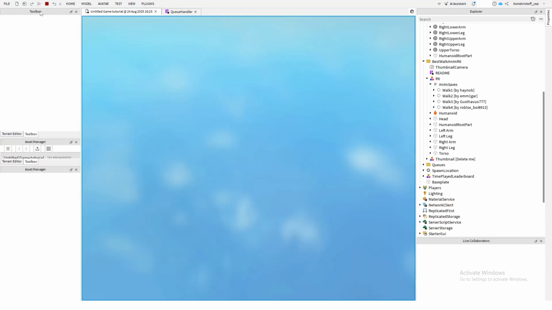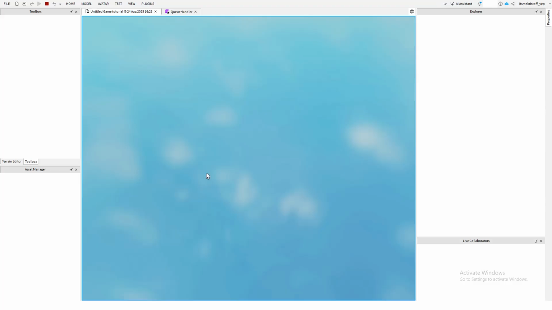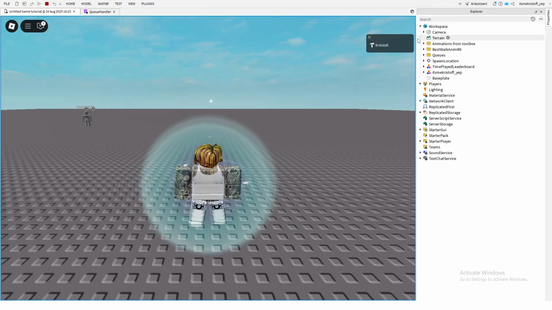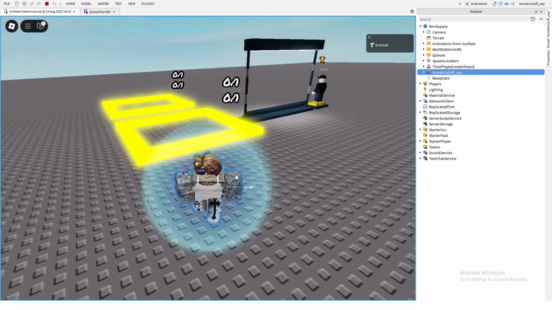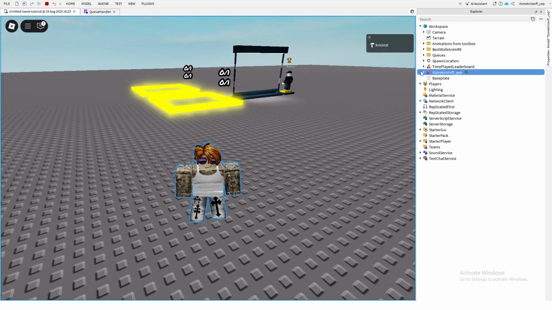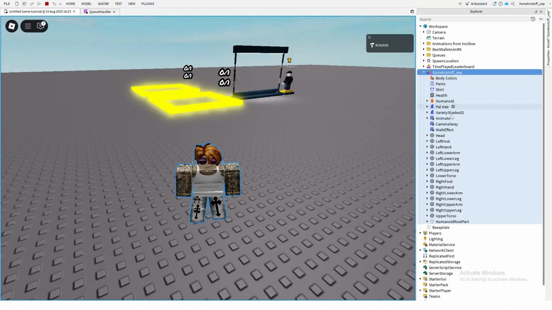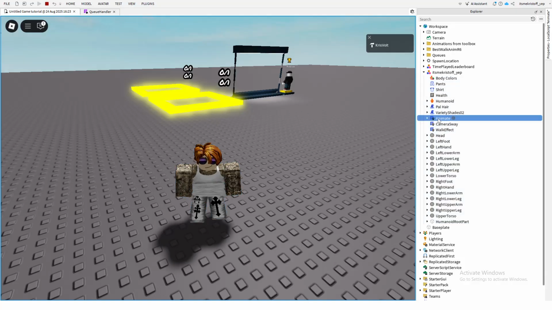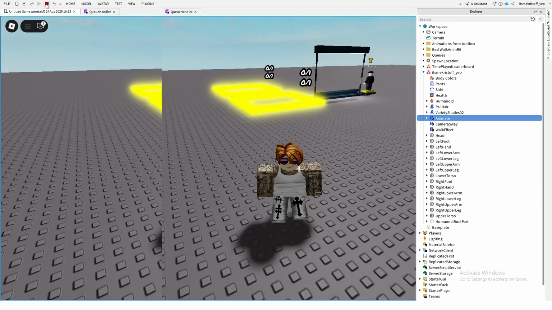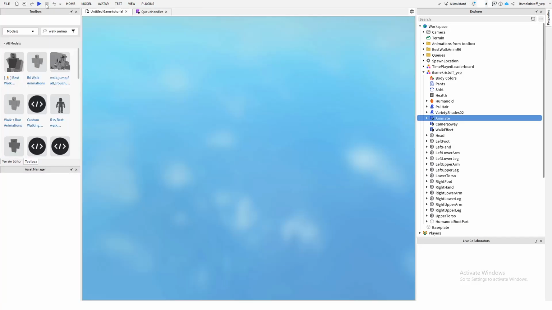First, play, then find yourself, it's your username in workspace, then click this icon right here. Then click the animate and Ctrl C to copy it, then stop, Shift 5,